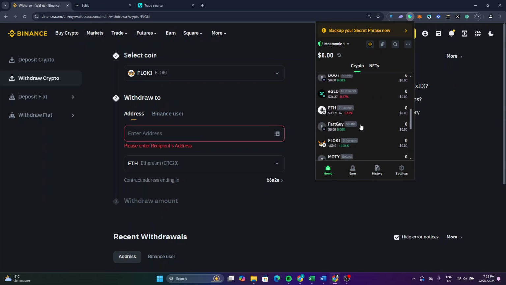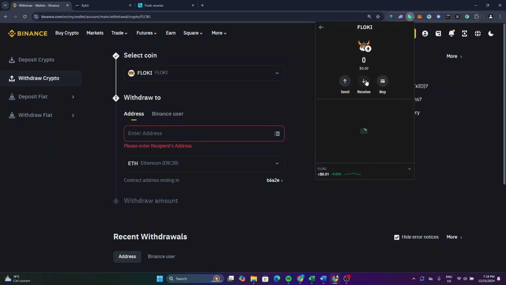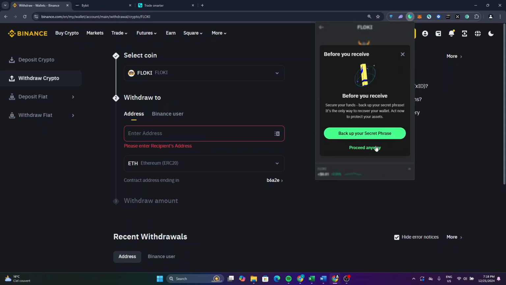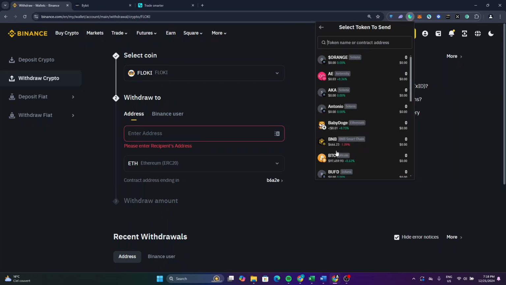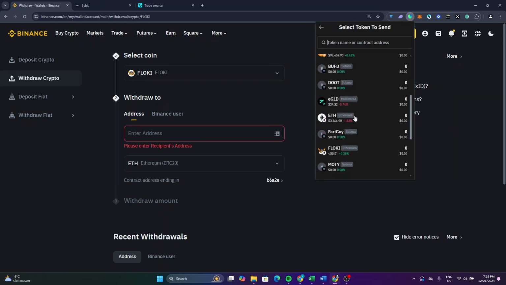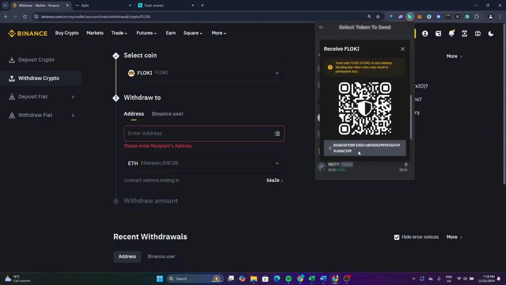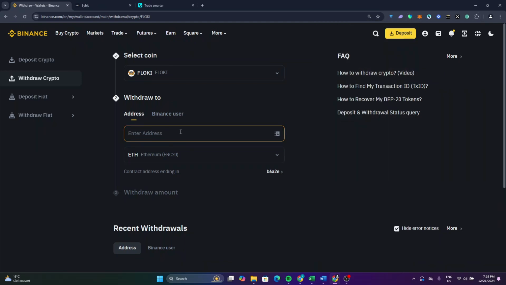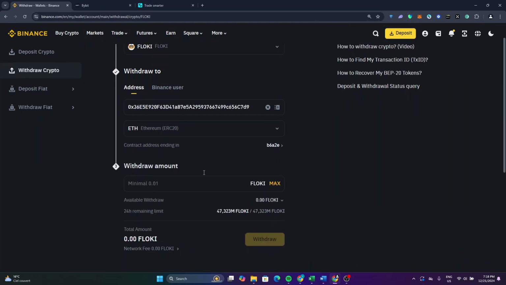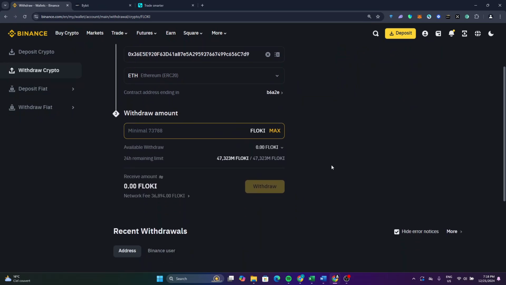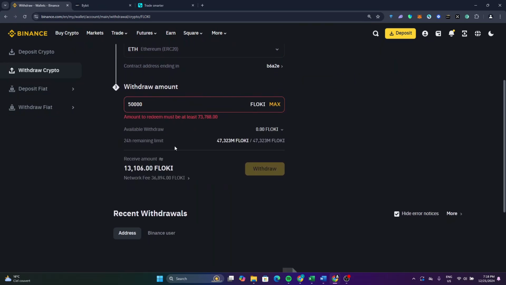Now after you find it here, just go for it and click on it. Now click on receive. Proceed anyway, as you can see from here, just click on it. And as you can see, just copy this address and now go back to Binance and paste it here. Now you'll be able to enter the amount that you want to send. After you are ready to go, read all of this information and now click on withdraw,